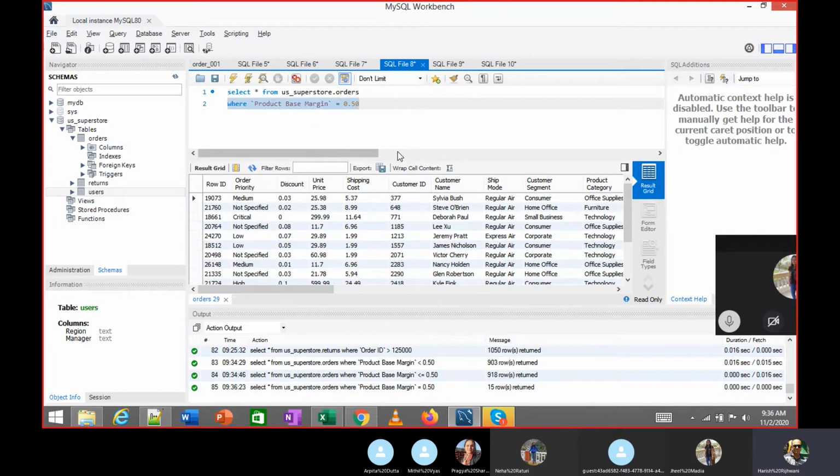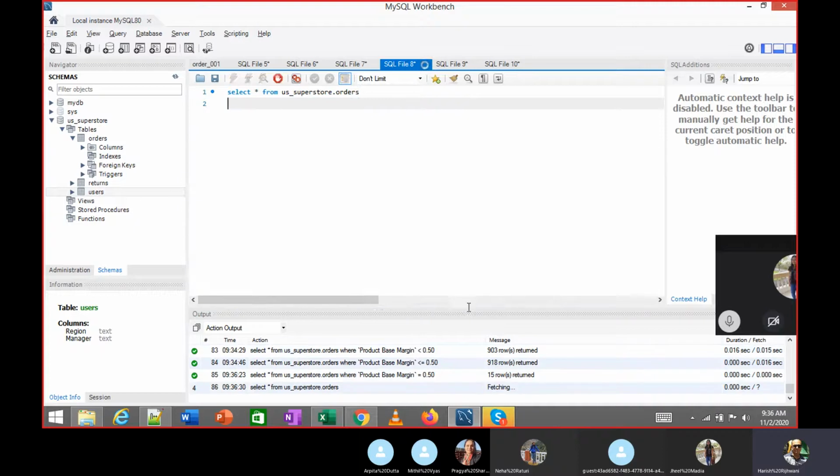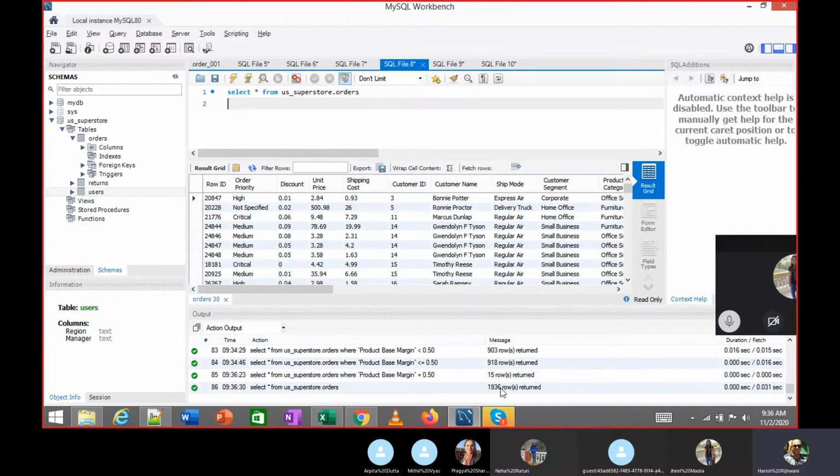If I remove this, I'm getting 1936. Now when I say not equal to, I will get 1936 minus 15, so 1921 ideally. Okay, so I got 1921, which will not have data equal to 50%.